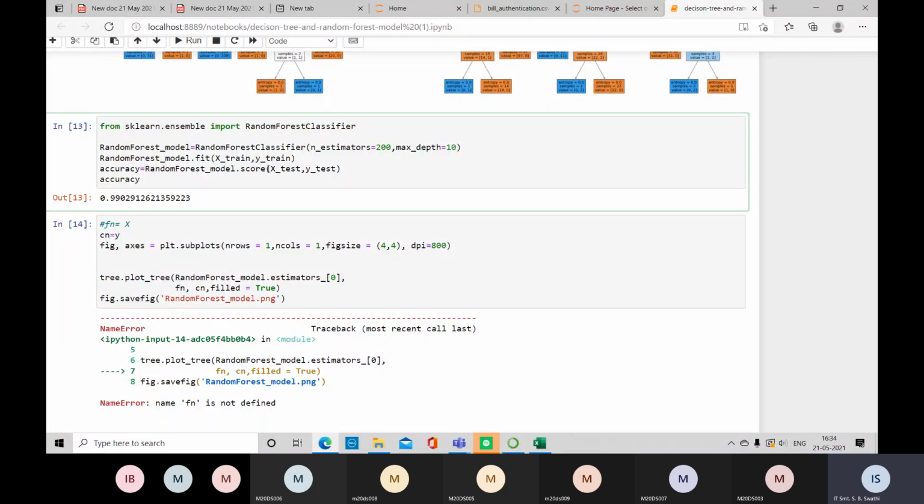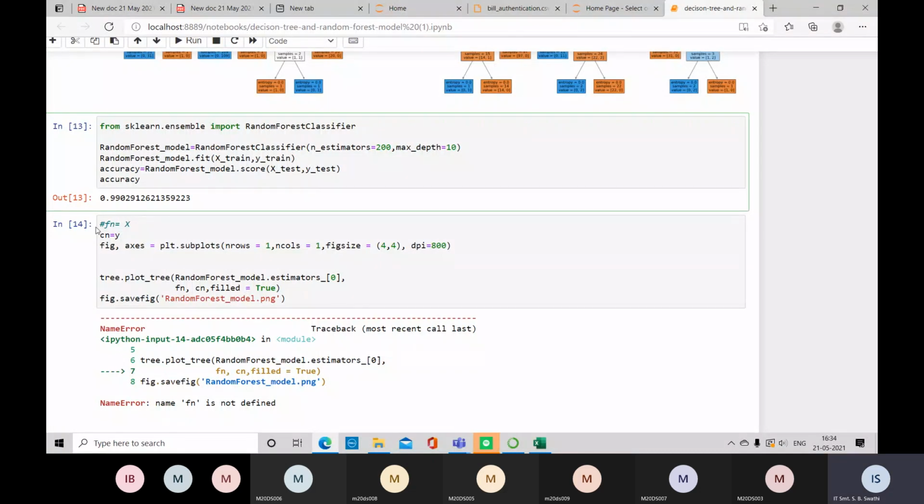If it is 100% accuracy, whatever y train data is there, the same type of prediction should be shown by y test. The accuracy is 0.99, means there is still a 0.01 mismatch between y train and y test. It is not showing 100% efficiency, but the efficiency here is 0.99. So this is about the random forest classifier.